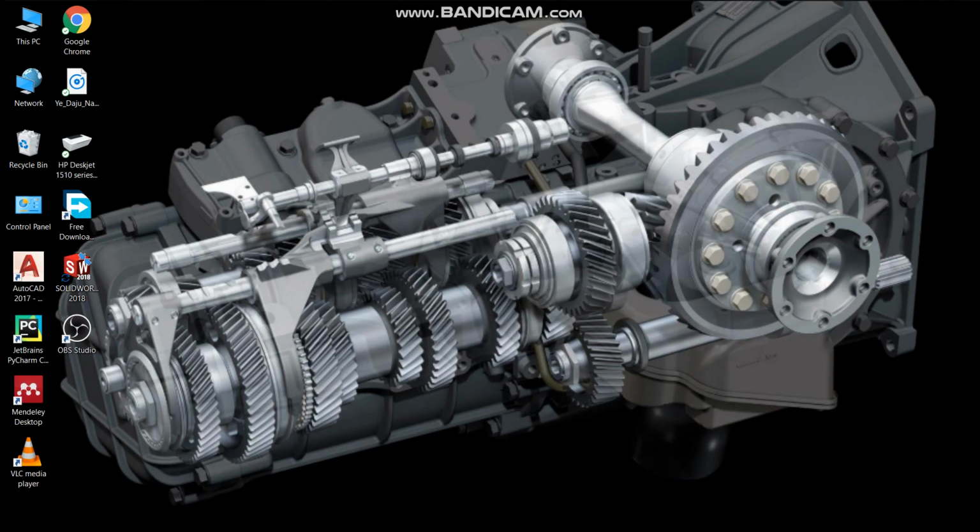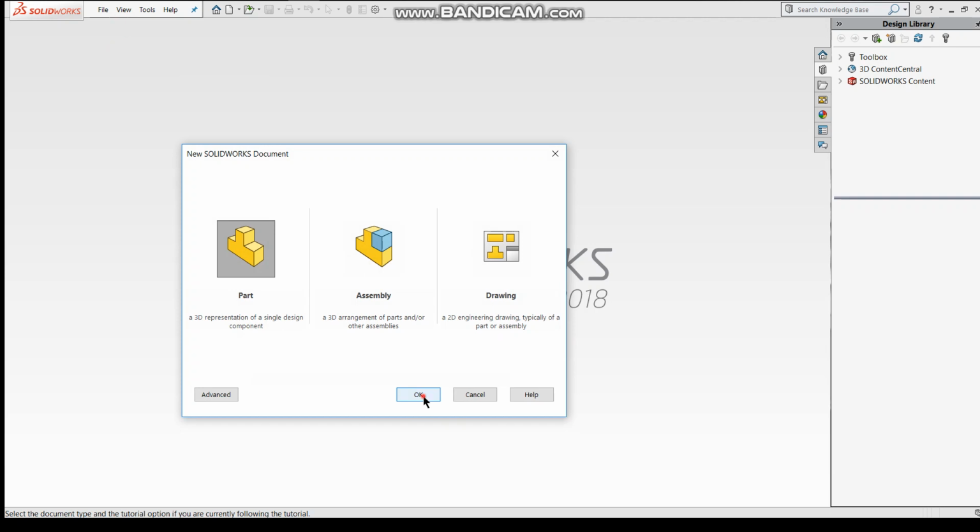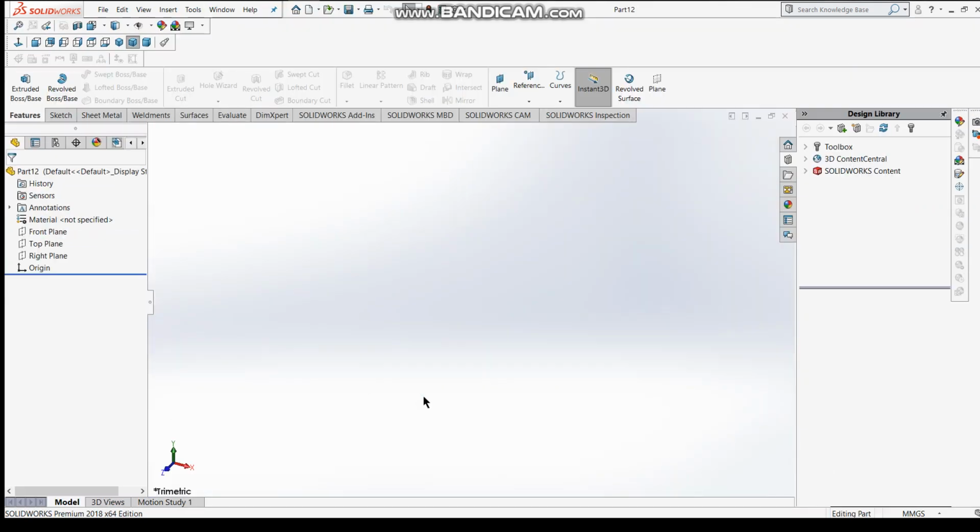And first of all, we'll learn about trim entity. Just go new file, okay, part. And we can use power trim to trim multiple adjacent sketch entities by dragging the pointer across each sketch entity. So let's go to front plane and just select sketch